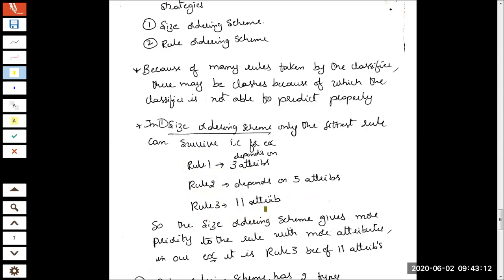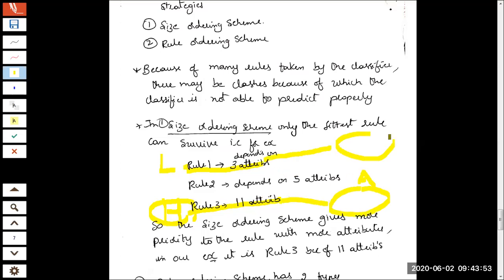Things are very clear here. Rule 3 will be the highest priority, I'll mark it with H. And rule 1 will be the lowest priority. Or rule 3 has a high rank compared to rule 1. Now when will this ranking mechanism be utilized? It will be used during conflicting situations, that is what I was telling you. If a conflict occurs, meaning that rule 3 is taking a record to maybe class A, and rule 1 is taking a record to class B.